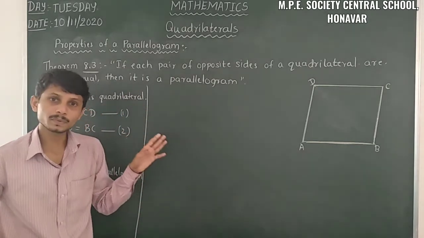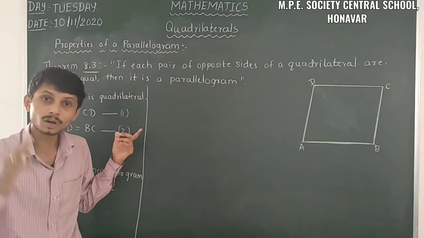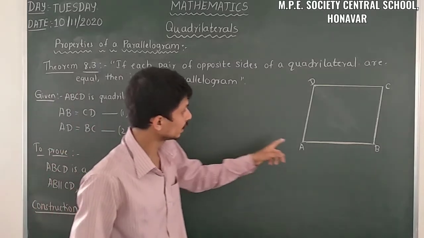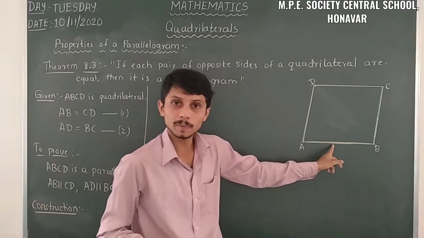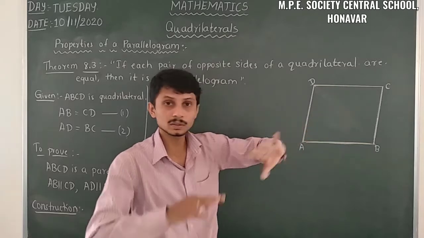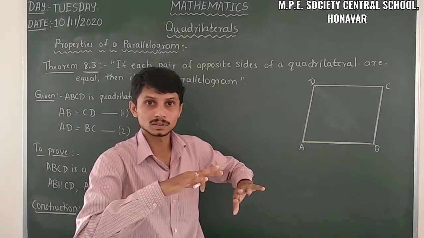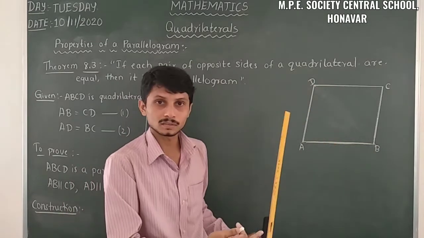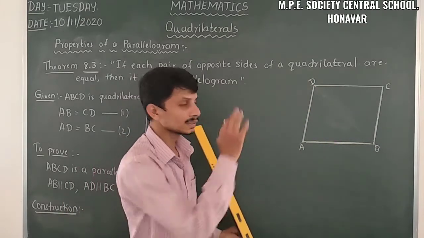What are the possible diagonals? So here we have to know what the given terms are. AB is equal to CD. Here AB is there, here CD is there. So that means we have to separate AB and CD into different triangles. That's why we have to take a diagonal. Whatever it may be, BD is also possible and AC is also possible.